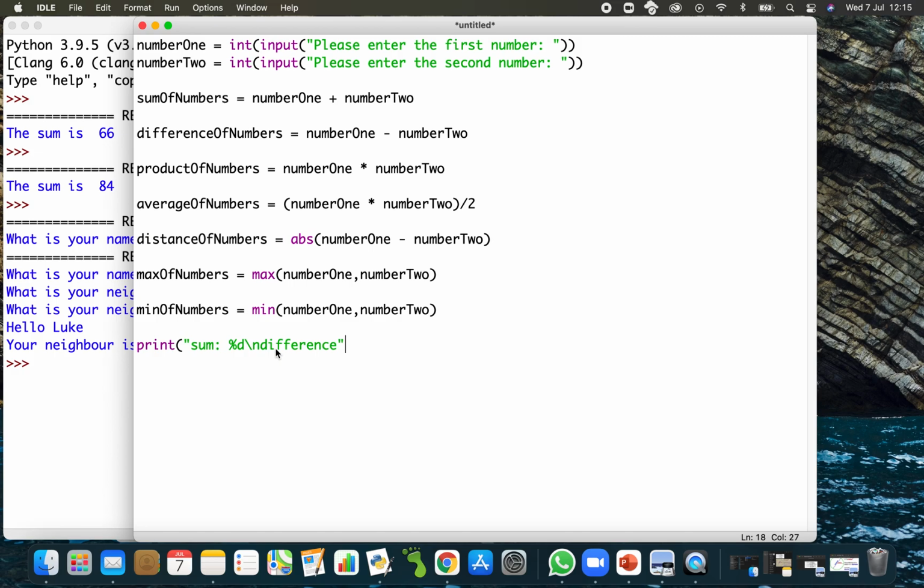difference, and then we'll have our %d, because again that's going to be an integer, and then a new line, product, which again is going to be an integer, %d,